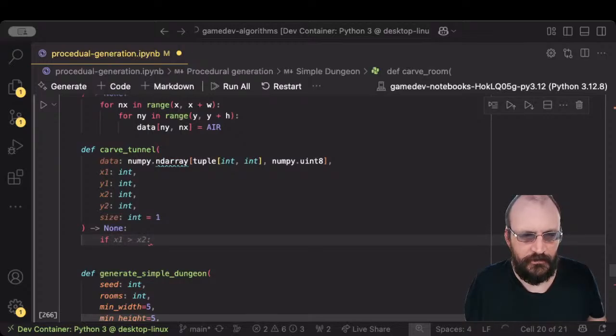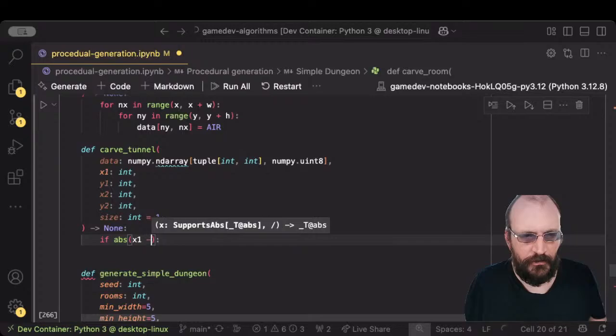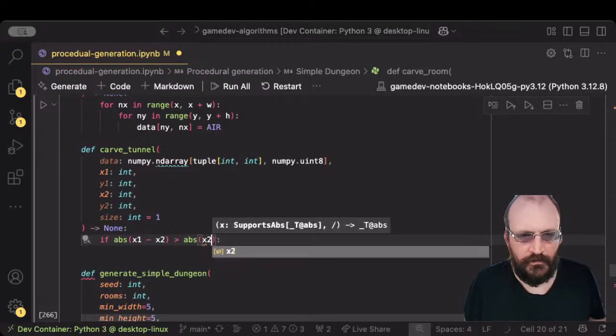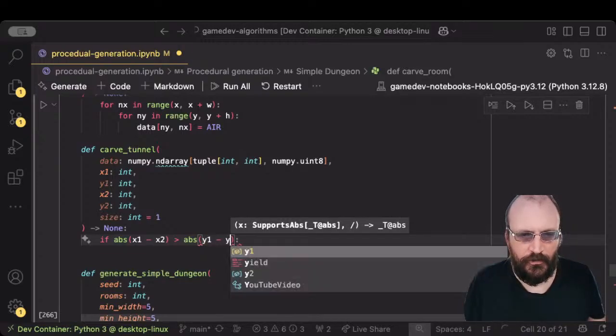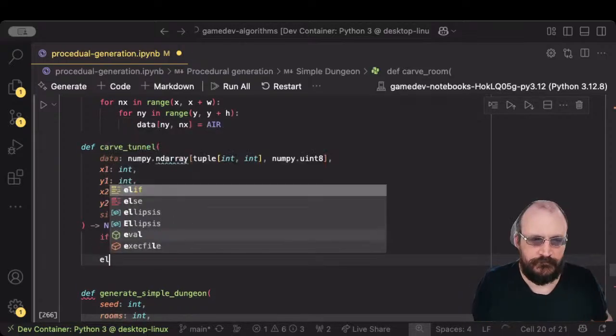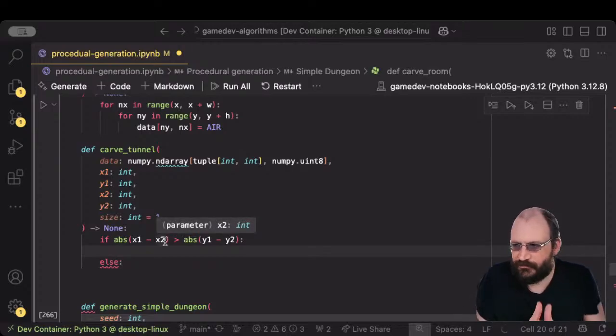So if x1 minus x2 is greater than y1 minus y2, else. Okay, so if the x direction is the longest direction,